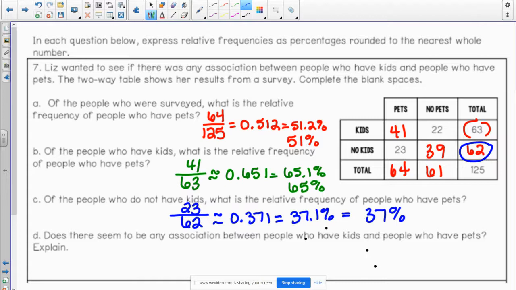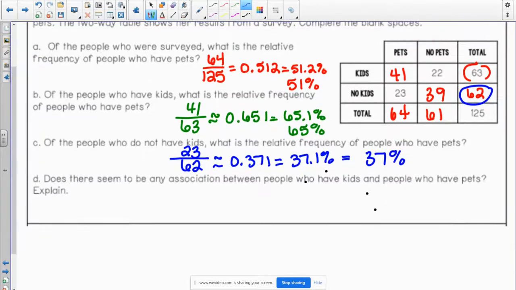So the question is, does there seem to be an association between the people who have kids and the people who have pets? So we're going to look at how often that happens, what that percentage is. So if we look up here, does there seem to be an association between the people who have kids and the people who have pets? And I'm going to say yes, because the people who have kids and who also have pets is 65%. So it's not horribly high, but I do think there's enough of association that you could say, yes, people who usually have kids, like in my household,